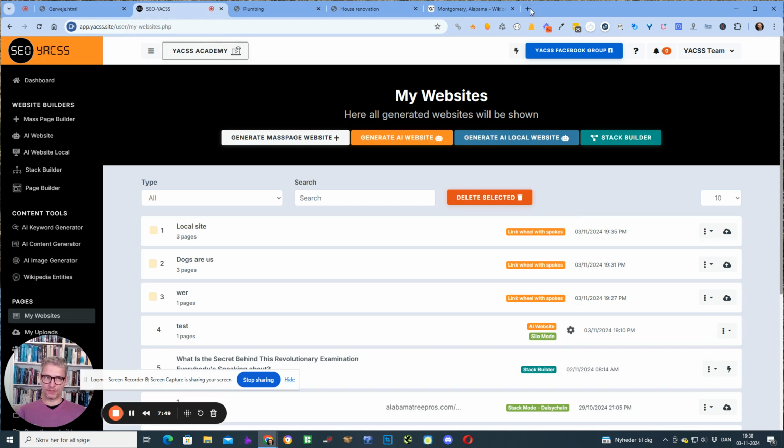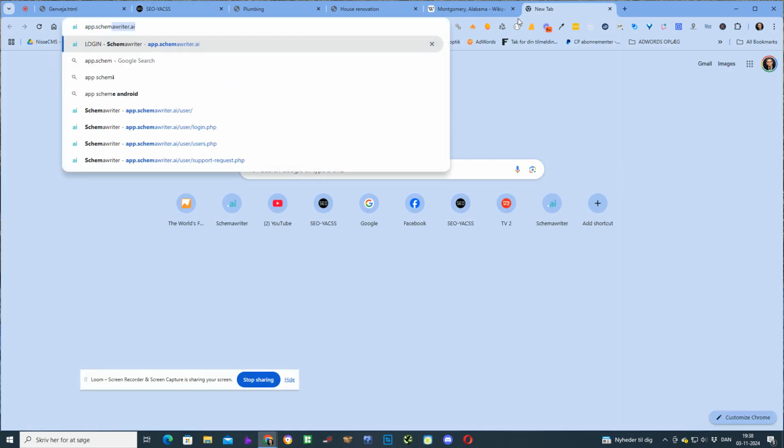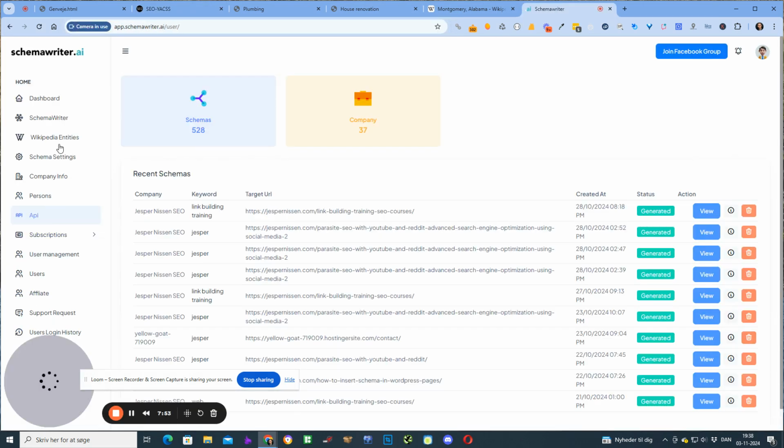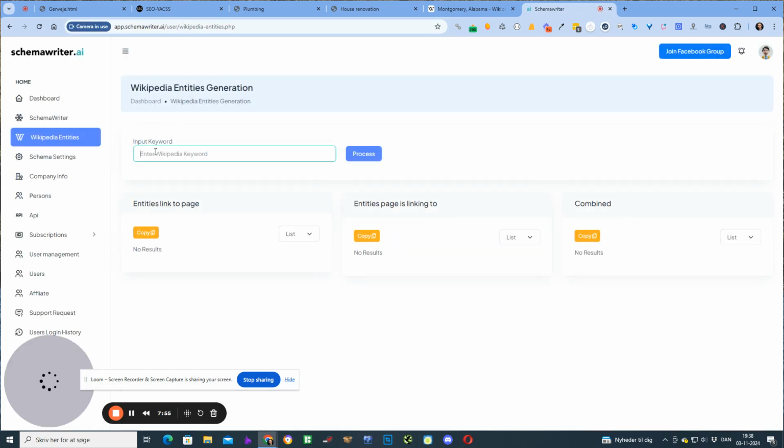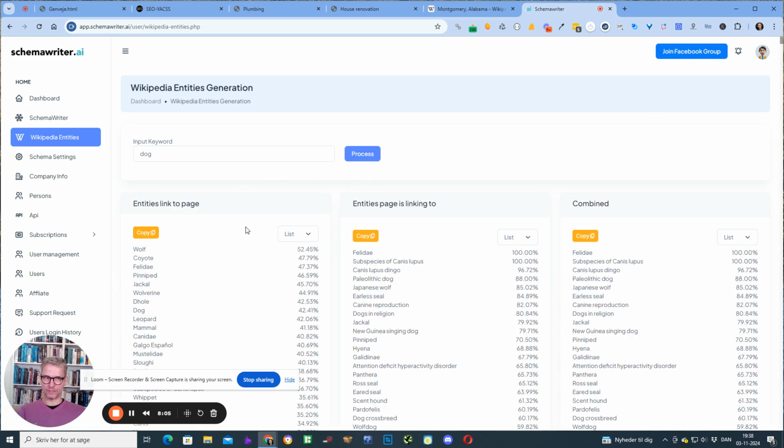Yeah, so let me just show you now that I have you. I'm not done with this yet, but I'm working on elaborating on this Wikipedia entity generation. What I did now was implement a sorting and a relevance score for all of the entities that we find. So for those of you that have not tried to use this yet,